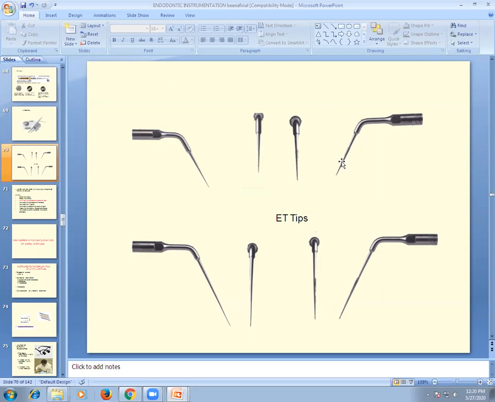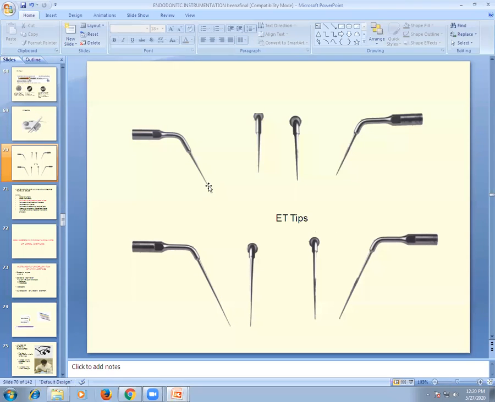So these are not used for shaping. These are just for finishing, you can say, once you have prepared the canals, because these are not made up of nitrile. They're made up of stainless steel, and these are sturdy. If you bend them, they will break off. Okay, so these are used just for